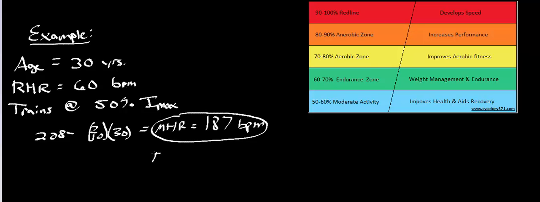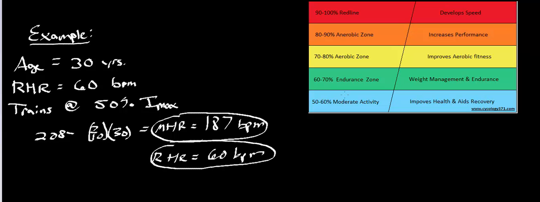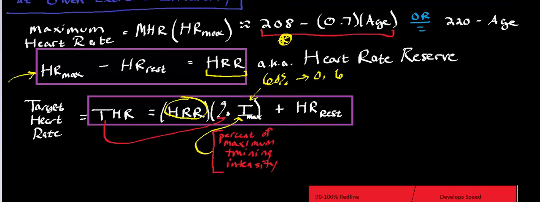Their resting heart rate, I'm just going to go ahead and write this down, was given to us. In real life you would measure that. It's given as 60 beats per minute. Okay? So the first thing I need to do, according to this formula up here, is find the heart rate